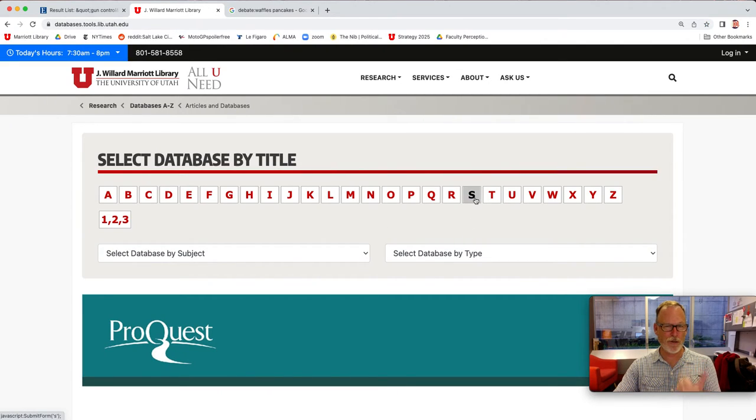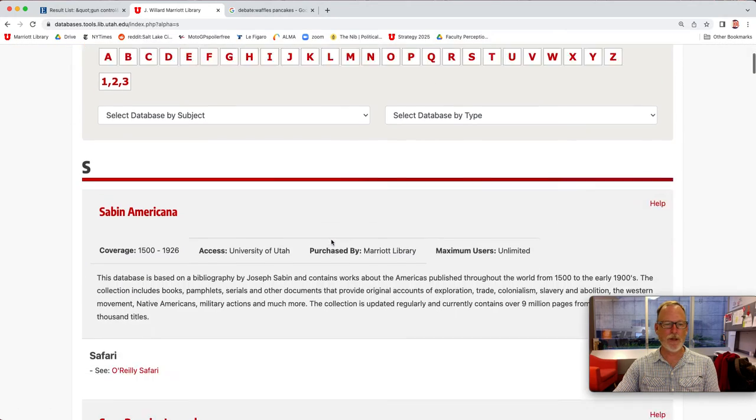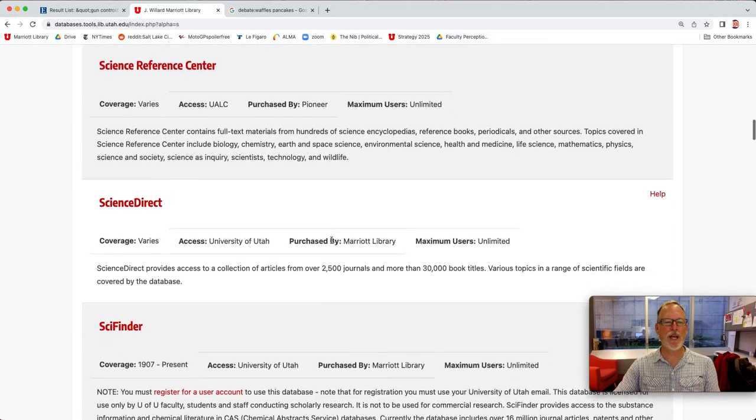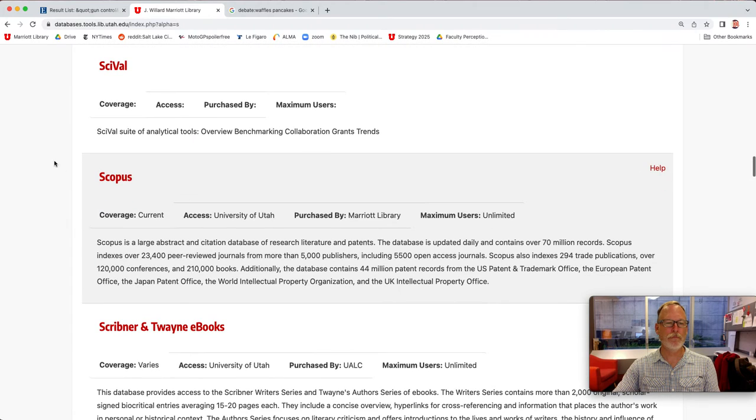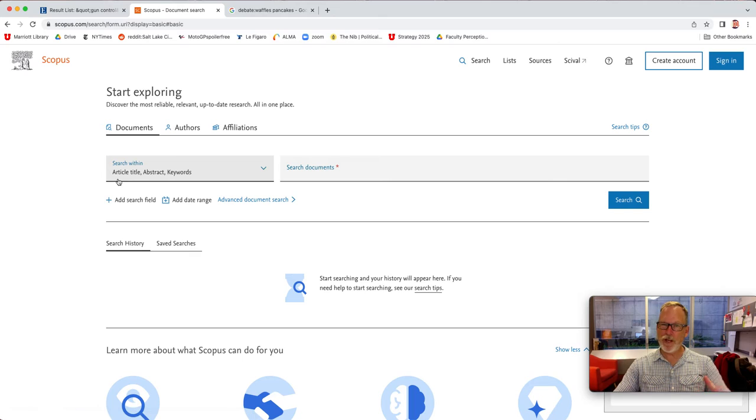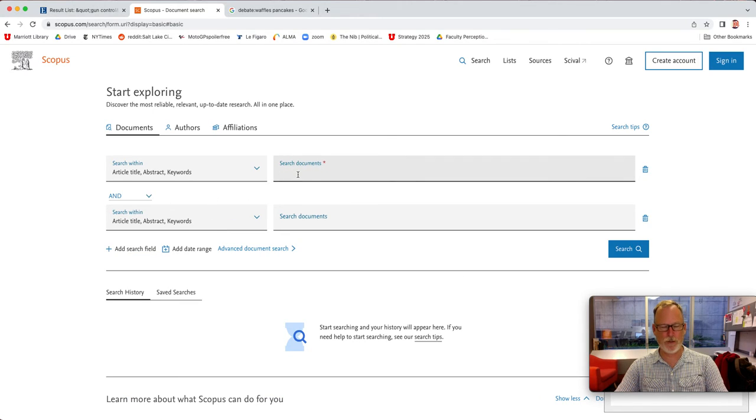So we know gun control is that big phrase. So let's go to Scopus so we can see the most cited thing. So you see what we've done here? We've started out kind of fuzzy and we didn't quite know what to search for. We got some info from Google, then we went in and found a few articles, and now we're going in with a focused search. So on this one we could just add a search field there. So let's do gun control and debate or rhetoric or argument.